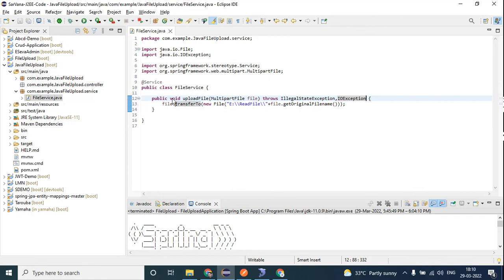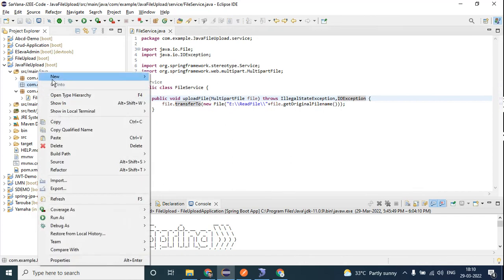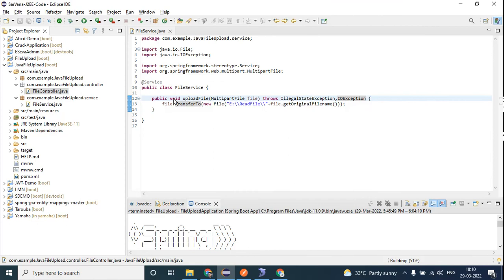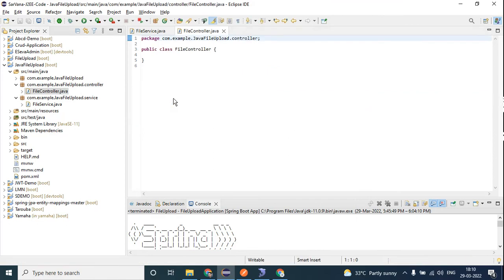Now I'll go create one controller class, FileController. Inside this, first thing I have to do is annotate it with RestController.